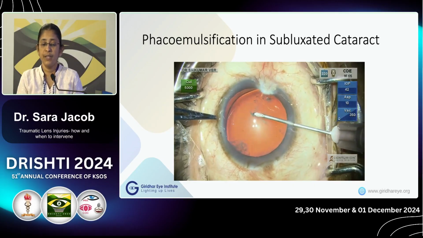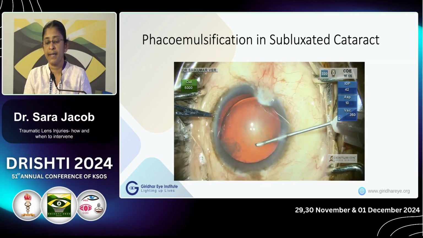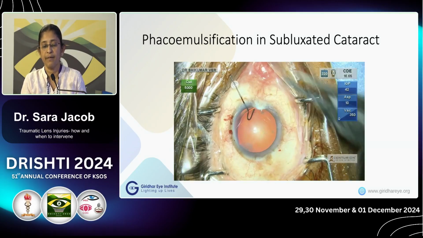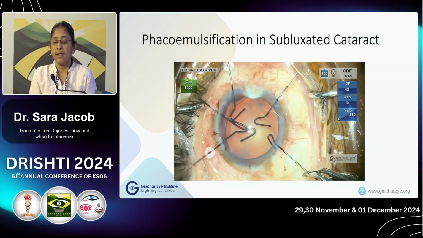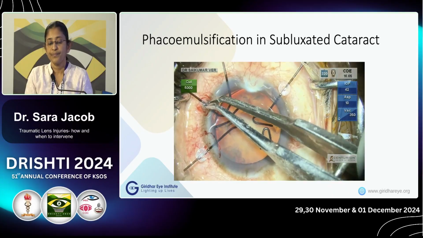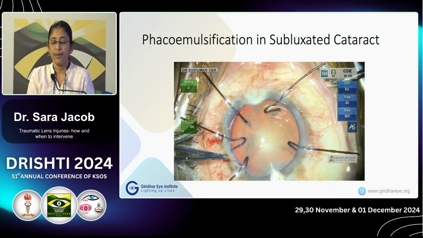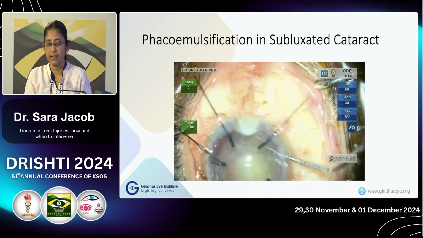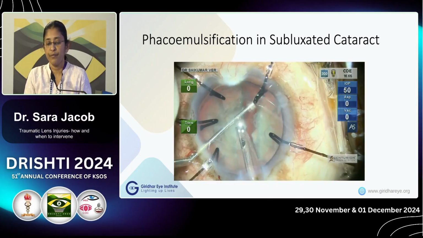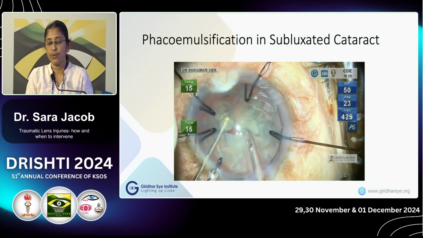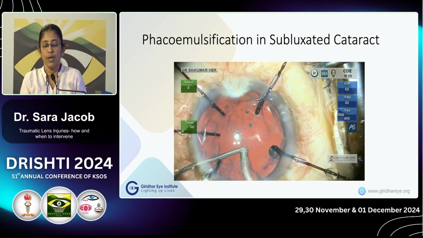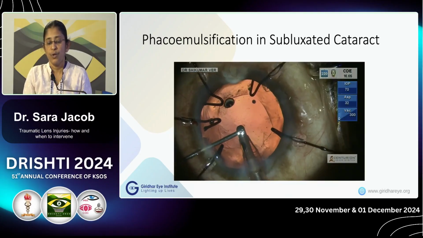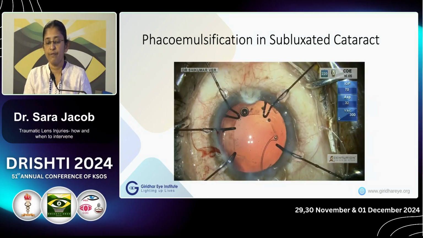The other situation other than traumatic cataract is when the cataract is subluxated. So here the rhexis is done and it is started from an area away from the area of zonular dialysis. Capsule hooks are placed. Gentle hydrodissection is done in the area away from the zonular dialysis, and gentle nucleus rotation is done, and slow motion phaco is done, which causes less stress on the zonules, and the cortical aspiration is done in a tangential manner. And every time you withdraw the instrument, viscoat is injected through the left side port to prevent